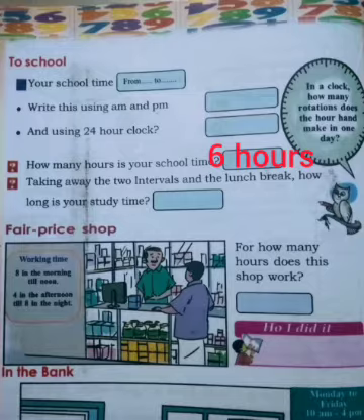Total 6 hours we are in school. Do you remember our interval time and lunch break time? Okay. Now we assume a total of 1 hour for lunch break and interval. Our total time in school is 6 hours. Time for lunch break and interval is 1 hour. How can we find the study time?